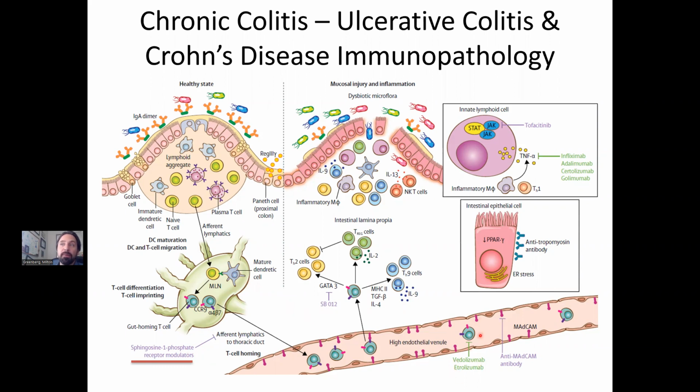We have vedolizumab, etrolizumab. So these are like your Tysabri and Entyvio that can block the migration of immune cells from the bloodstream into the tissues. You have anti-cytokine agents, things like infliximab, adalimumab. These are anti-TNF blockers that can block TNF, thus reducing the cytokine load and also reducing inflammation. You have tofacitinib. Tofacitinib is a Janus kinase inhibitor, a JAK inhibitor that works inside the immune cell to stop that